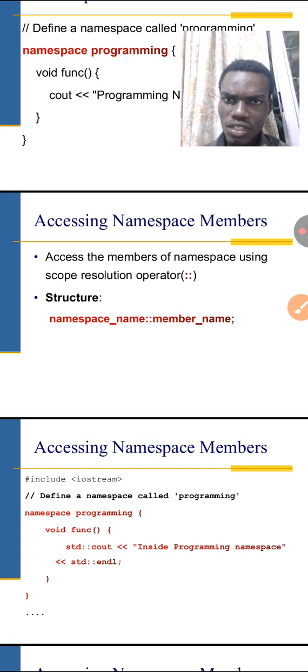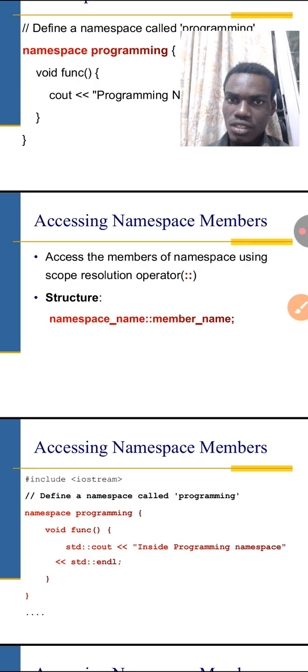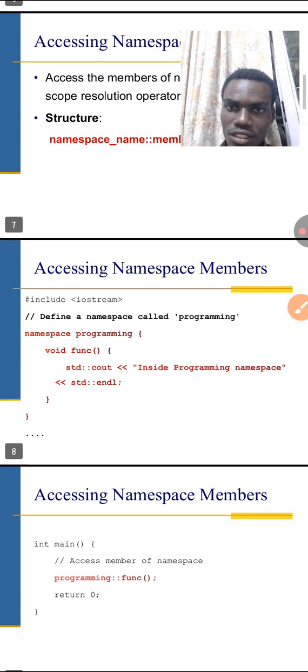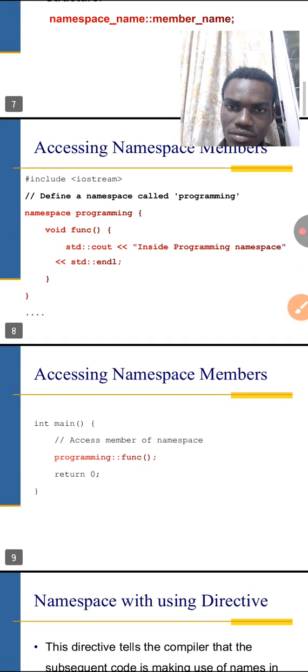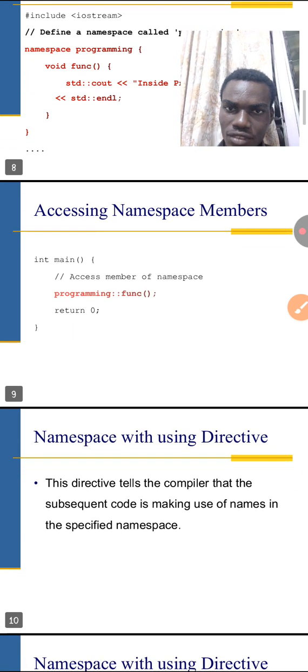Accessing namespace member. So to access a namespace member, using the scope resolution operator. So if you want to access it, you have to use the scope operator, the scope resolution operator. So here's an example. As you can see,